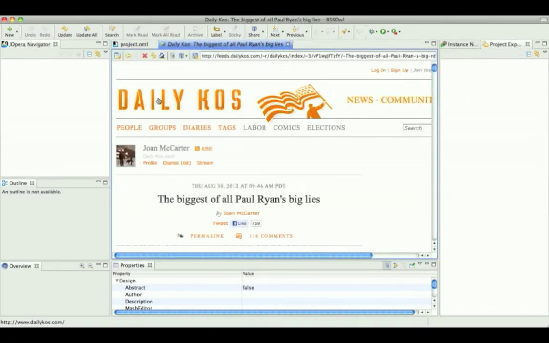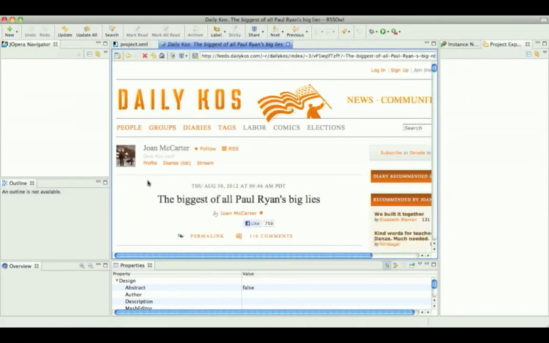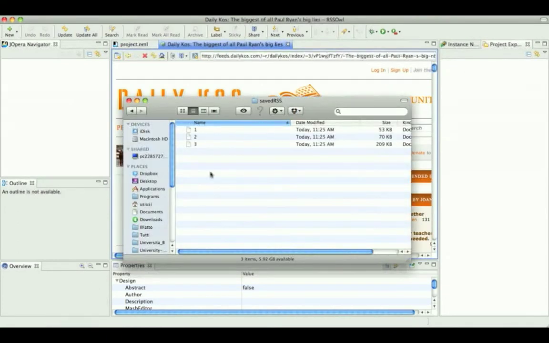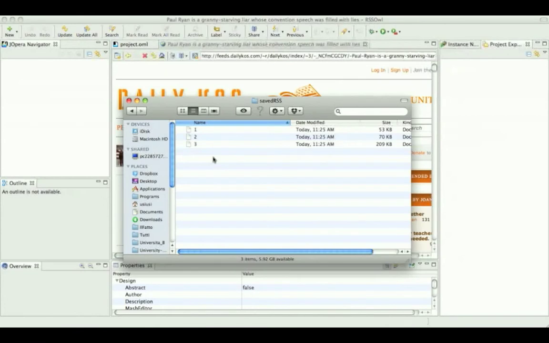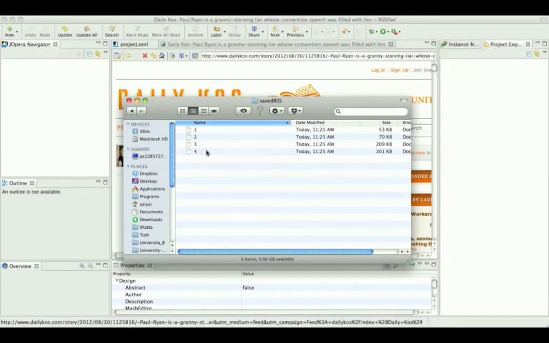It proceeds with the other news. Meanwhile, we can see that news are created in this folder. Every time a news is opened in the browser, a new news file is created in the saved news folder.